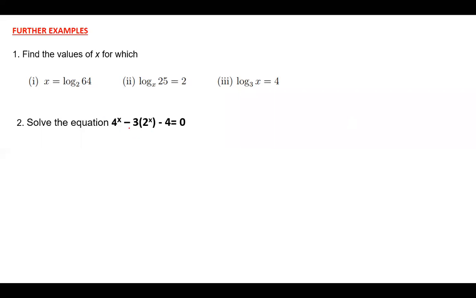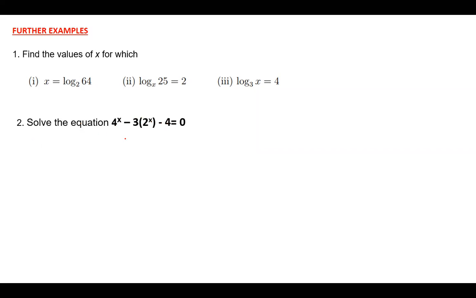So it's saying solve the equation. When you've been told to solve something, it means that there is always a solution. You have to find the solution to that problem. So this is 4 raised to the power x minus 3, and then in brackets 2 to the power x